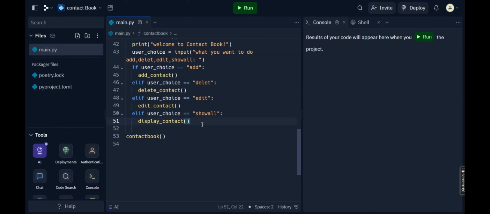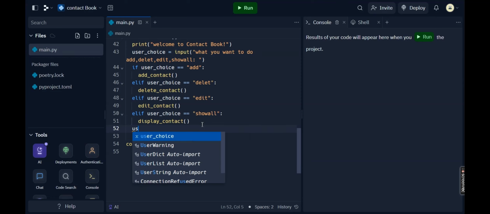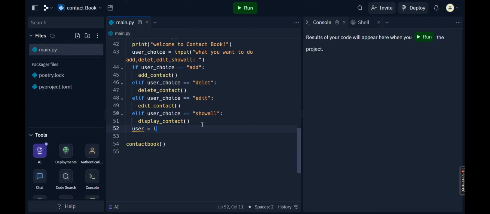After displaying contacts, user input: do you want to use the phone book again, y or n. Now if user chooses it,